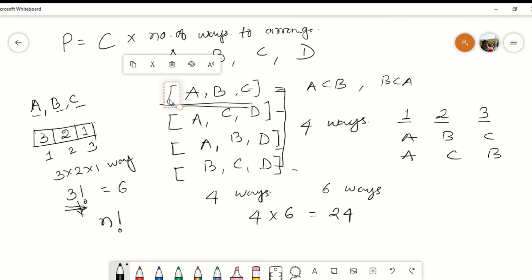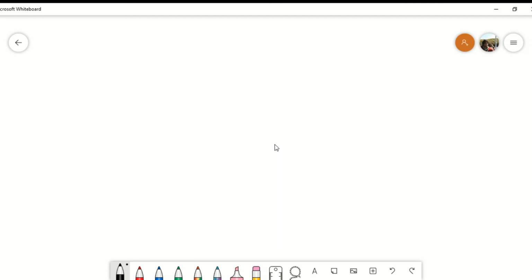There is also an intuitive way of getting this number of ways or number of permutations. So let me clear this. So I had 4 players, and I have to create batting orders and count the number of ways in which I can do that. So I can again take the box method. So let's say this is my first batting order, this is second batting order, this is third batting order.